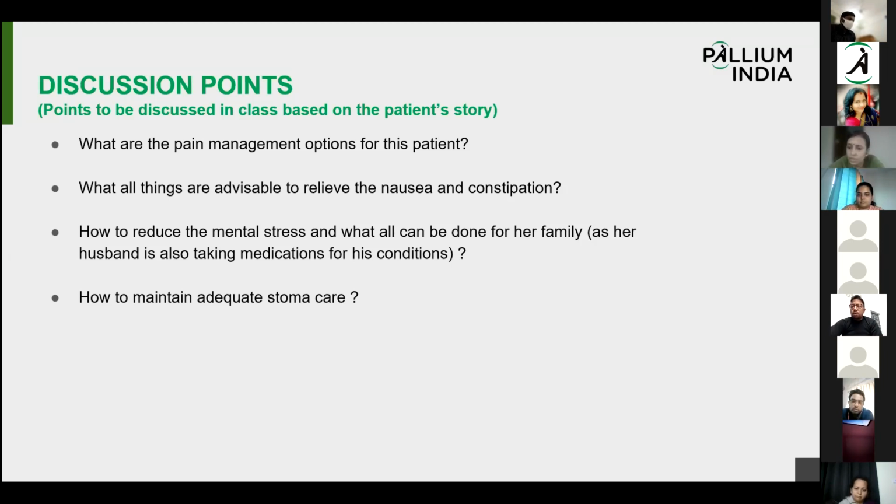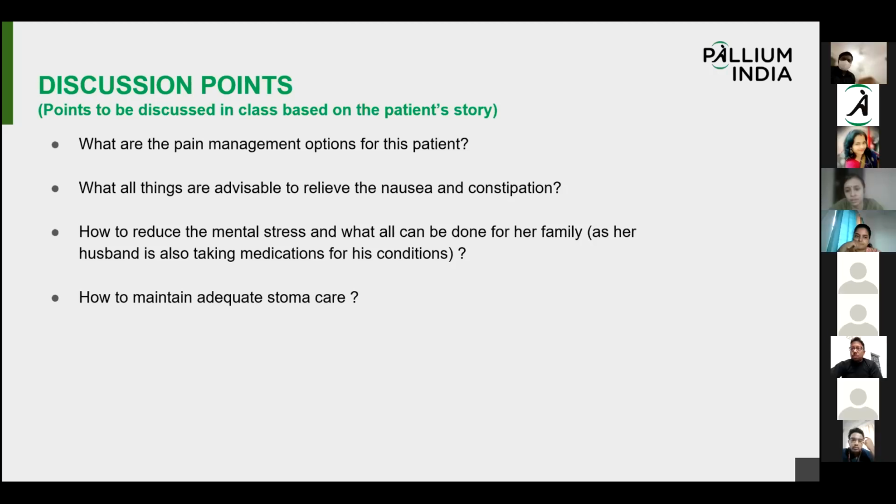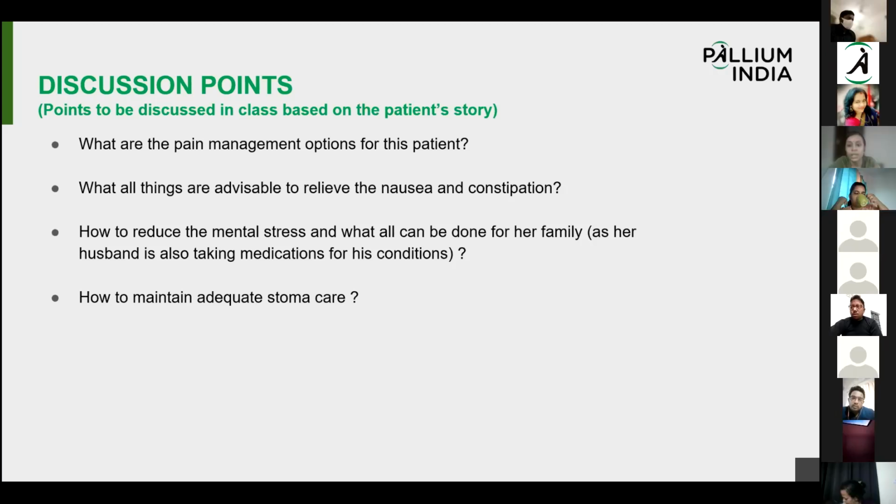So there is another suggestion on dose modification of either capecitabine or morphine, if that's the reason for symptoms. Yes. So I think, Dr. Vignesh, you have done a very thorough pain assessment using the scales. But I think it's also important, as it was mentioned in the presentation, to go into much more detail about the assessment of nausea and vomiting. When is it coming, is it associated with food? As you were mentioning, she's very anxious. Is it that when she's thinking about all these family things, she feels nauseous? Yes, ma'am.